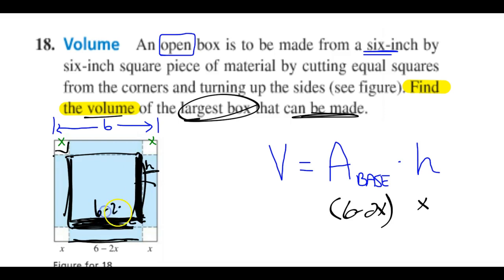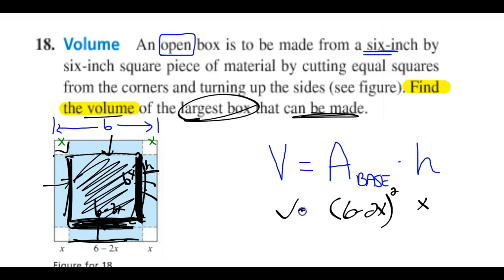So this is 6 minus 2x, this is 6 minus 2x, and I'll square that. So the base dimensions are 6 minus 2x by 6 minus 2x, and then the height, after I fold these lips up, and evidently I don't have a top on this box. So here's my volume formula, and I'll probably try to simplify that again before I find